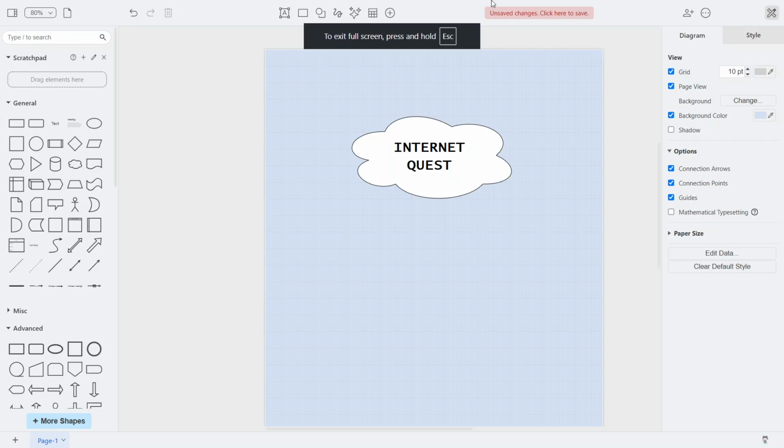In today's video, I'm going to teach you how to change text color on draw.io. If you want to make your diagram easier to read, highlight important information, or simply match your design style, changing text color in draw.io is quick and straightforward. Once you know where the text formatting tools are, you can update the color of any text in just a